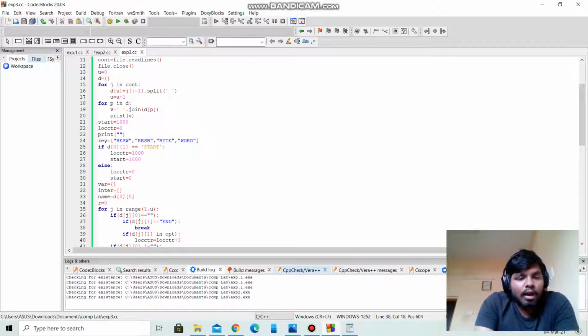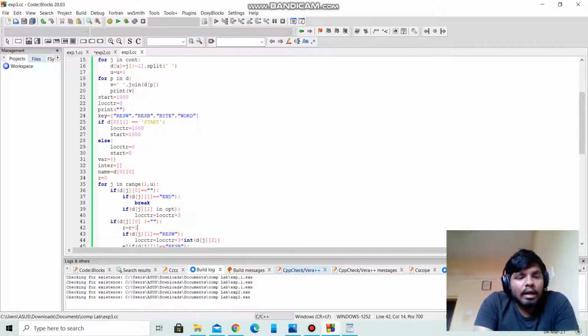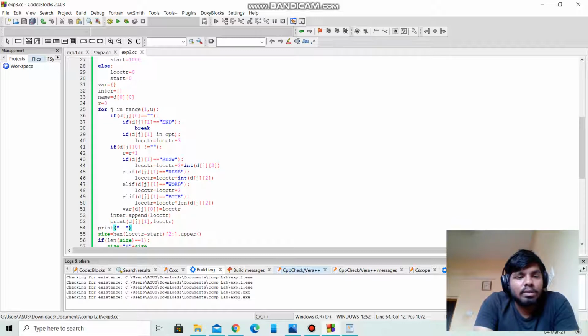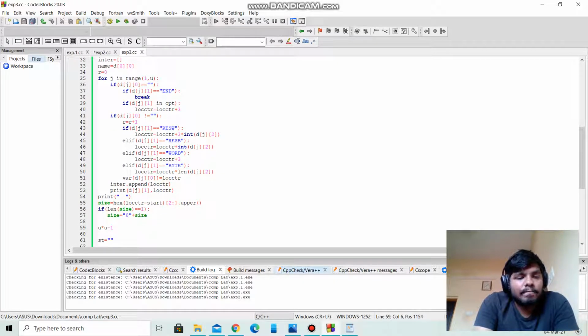If d[0][1] equals START, then loc equals 1000, start equals 1000, else loc equals 0, start equals 0. Like that we have to give for each and every keyword.